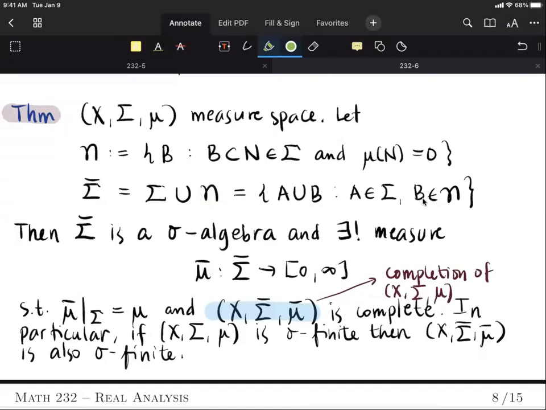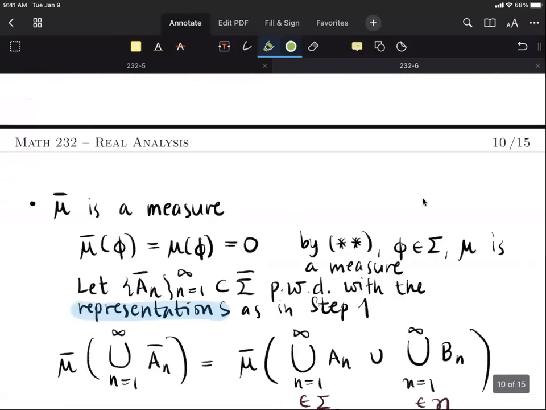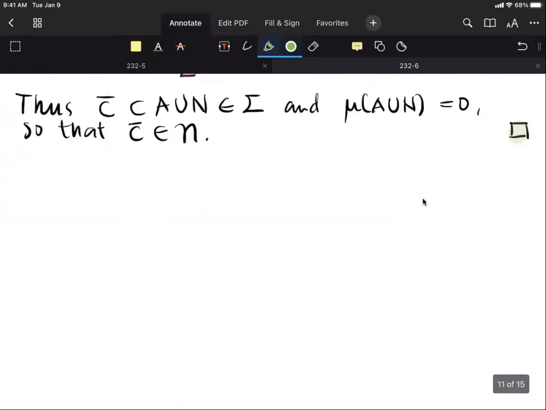So we would like to establish an alternative characterization of elements in sigma bar. When can we say that you are in the completion sigma algebra? For that, we have the following corollary. So this will follow immediately from the previous theorem. So A bar is in the completion sigma algebra if and only if